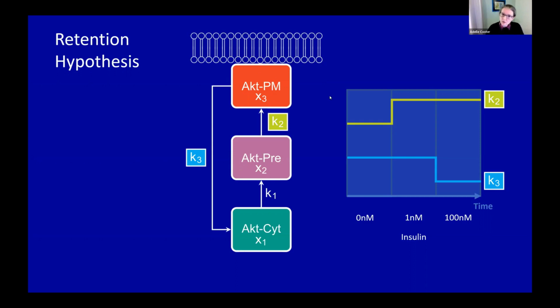So, of course, there are other combinations. This is a cycle. So you could do different changes in these particular rate constants for mathematically exactly the same effect. But what we're trying to replicate is an initial overshoot in the plasma membrane level that settles down when you apply 1 nanomolar of insulin. And then when you furthermore apply 100 nanomolar insulin, that you get a slow rise, which actually for the data set that we've got is continuing to rise. It doesn't look like it's an overshoot. It looks like it's just a smooth rise to a final state, which we can't observe with the data set.